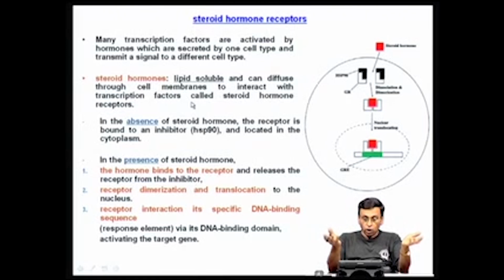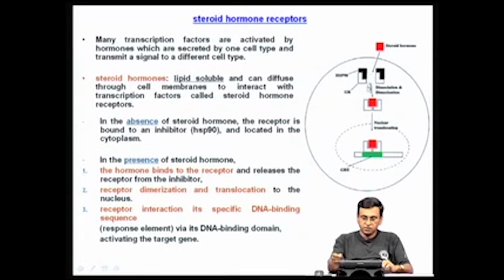If you come to steroid hormones, again the situation is very complex. Just to recapitulate, I told you already steroid hormones are lipid small molecules, they can actually diffuse into the cells. But in the absence of steroid hormone, the glucocorticoid receptor is actually present in complex with heat shock protein 90, which I have shown here. The white component is the GR and the black component is the HSP90 here,